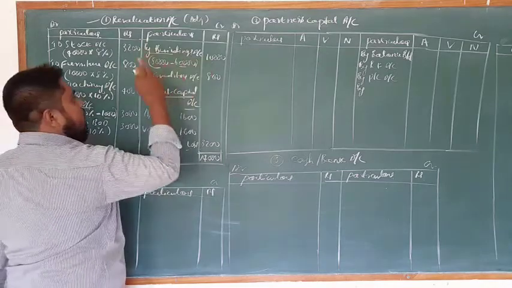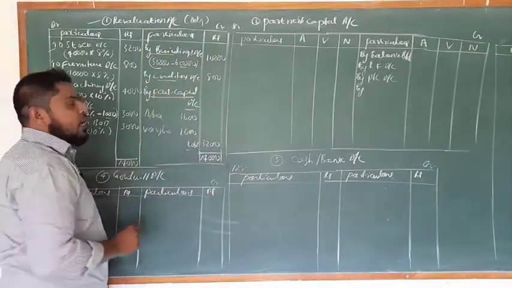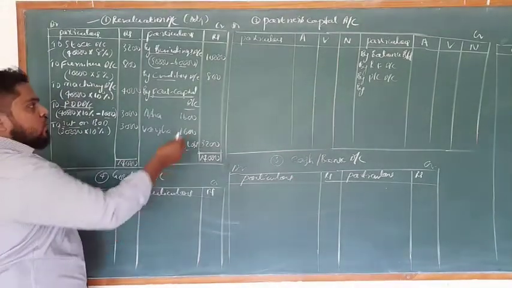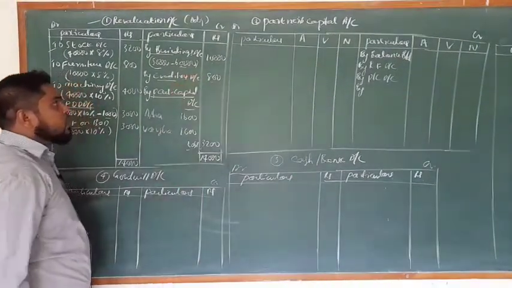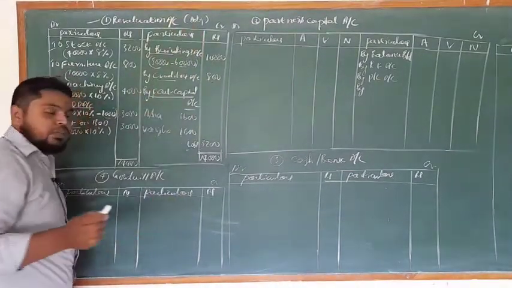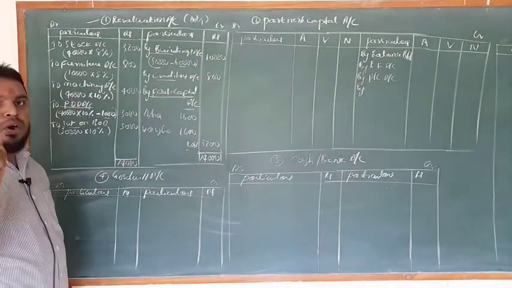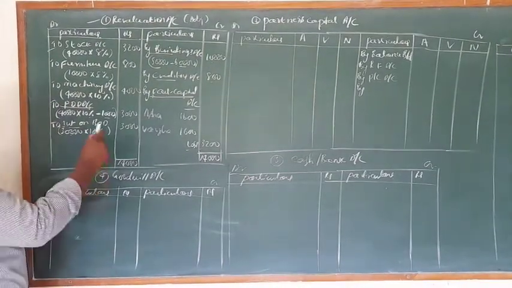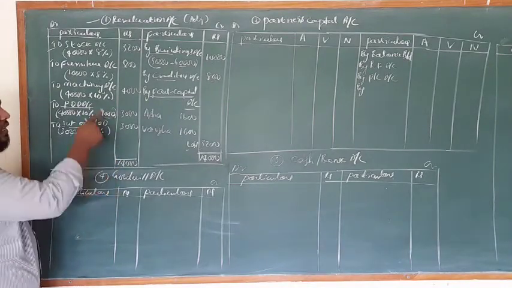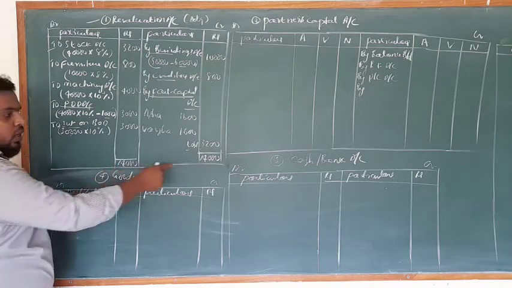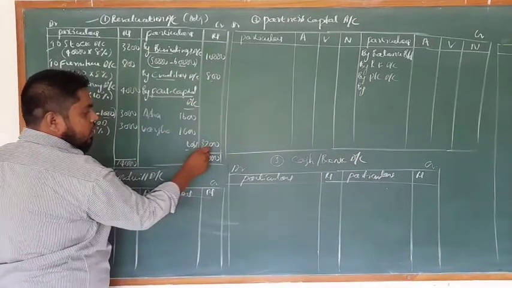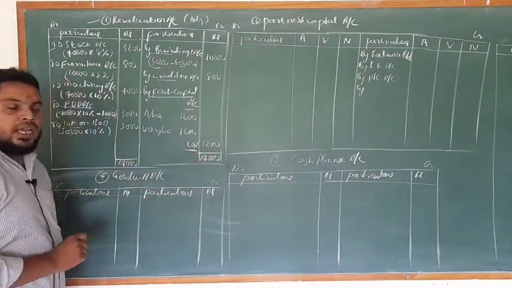Creditors not likely to be claimed, hence to be written off, 800 is an income, a discount, so we have taken it on the credit side. Like that, under the revaluation account you have to record all the adjustments except the capital and goodwill brought by the new partner. Now compare the highest amount here. On the debit side you got the highest, expenses and losses 14,000. If you minus 10,800 from 14,000, you will get the loss here.